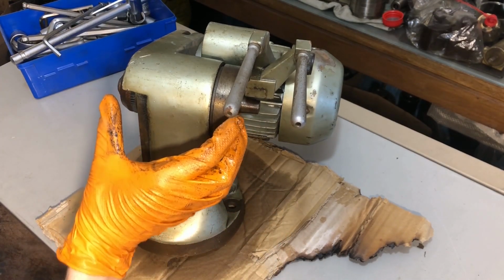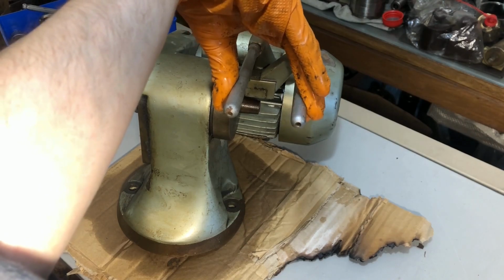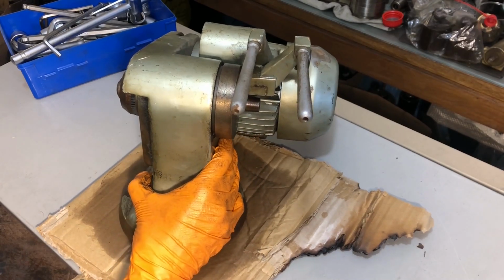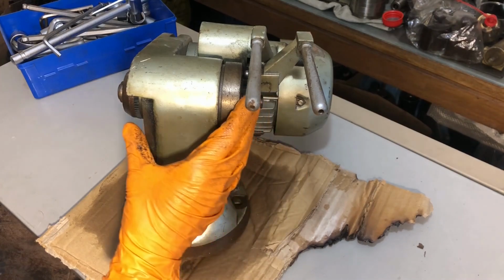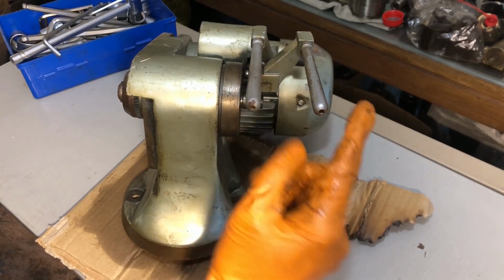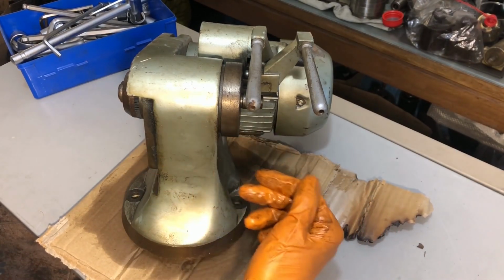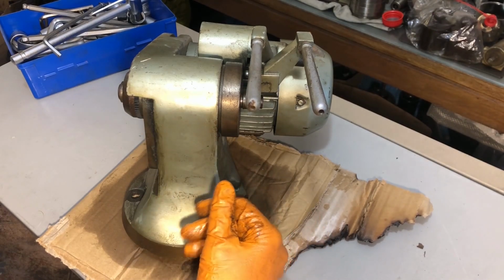It has essentially a quill or a spindle bore. I'm sorry, I will show it to you like this. As you can see, when I squeeze the levers, one of the levers can move in this one, and contacting via a ball, you should be able to see the ball over there, it forces against this plate. It transmits the force from this lever into this plate, and it pushes the whole, well, it's not really a quill because it moves, what, 2 millimeters inwards. I've got no idea what this was really used for, but I will